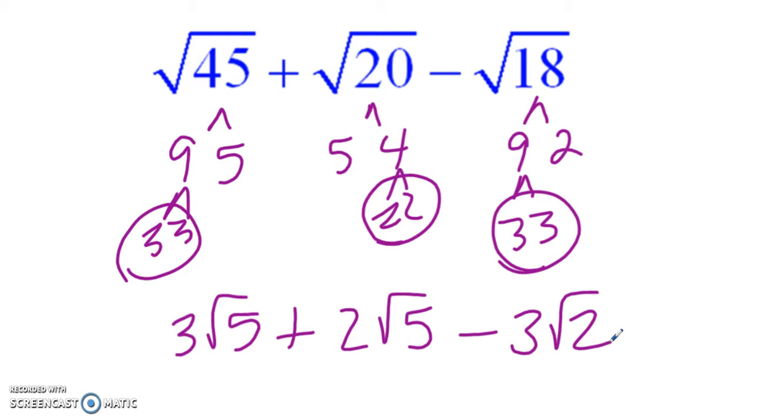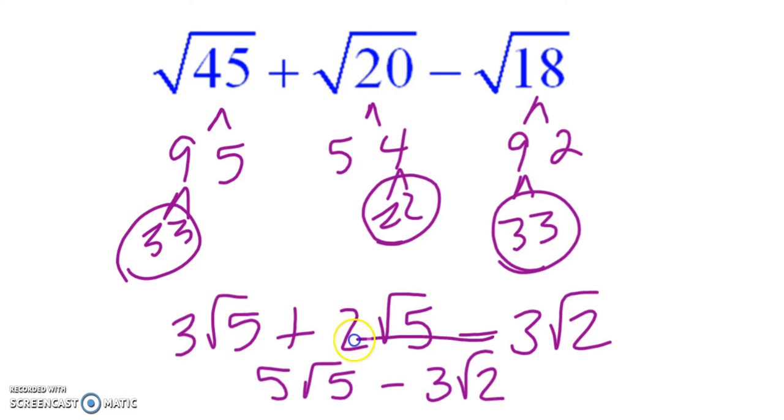And when I look at my final answer, I want to check that 3 root 5 and 2 root 5 can go together to be 5 root 5 minus 3 root 2. And that's how I would leave my final answer. Don't put it together. You can't combine them. So that's just a quick